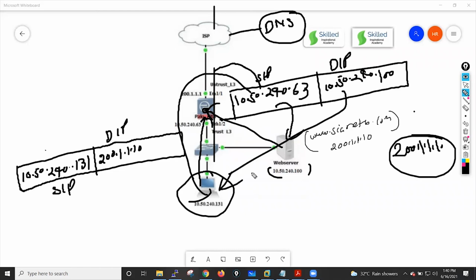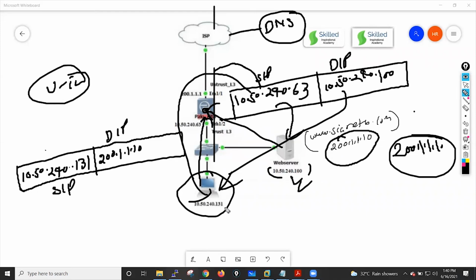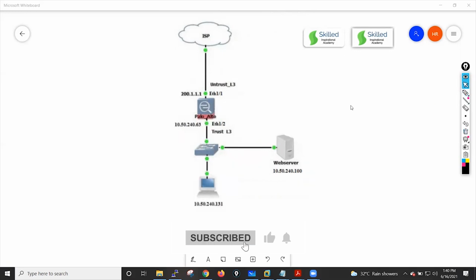Like that, we solve this kind of issue by configuring the U-turn NAT. In U-turn NAT, we translate 200.1.1.10 to the server's LAN IP address, and the source into the Palo Alto internal interface IP address. When we do it like this, we are able to resolve our problem. This is the U-turn NAT, and this is how it works, guys. Now let me move towards the next question, which is